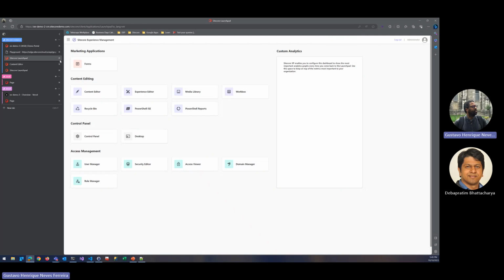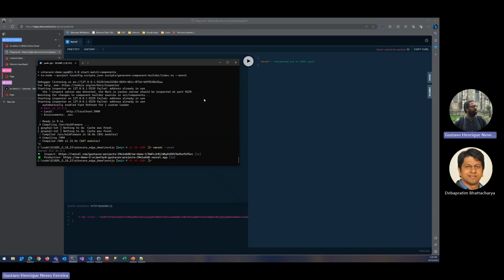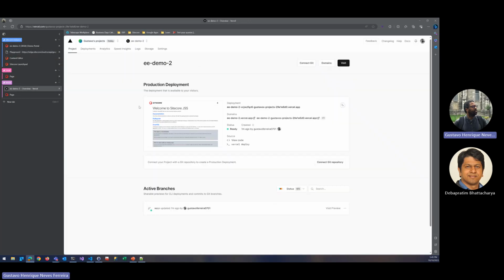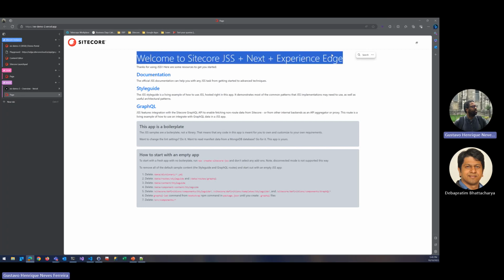Everything is fine and configured in a matter of a few minutes. That's great. So coming back to our deployment, it's already there. If I go back to our Vercel application, I can just refresh the page. And yes, we have the data as cached previously,